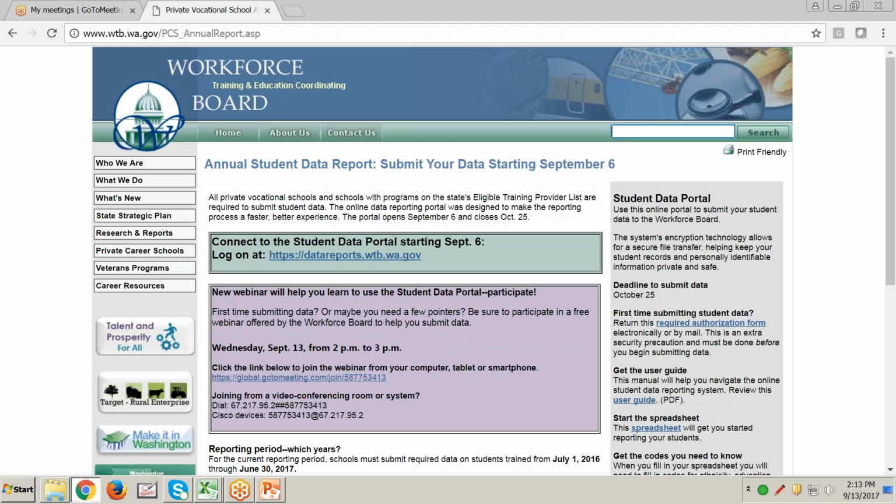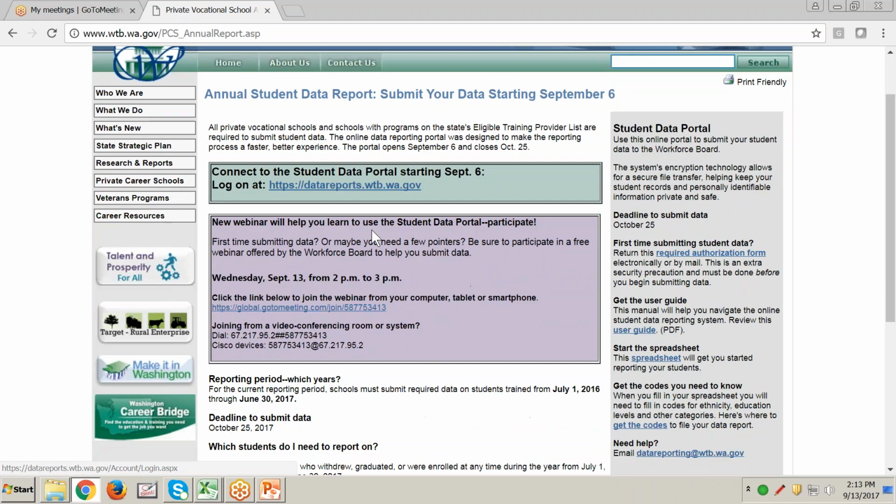data reporting. The first link on this page, at the top in this greenish box, is the link to actually getting on the data reporting portal and reporting your data. So that is where you're going to go. Before we go there, I'll tell you a little more about what's on the page. This lovely purple box has information about the meeting that you're in now, so you don't have to worry about